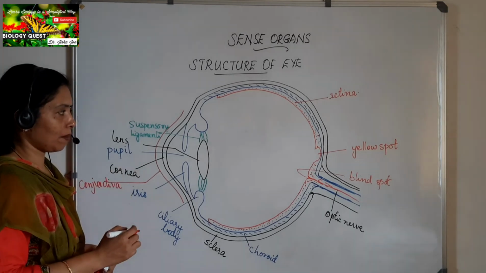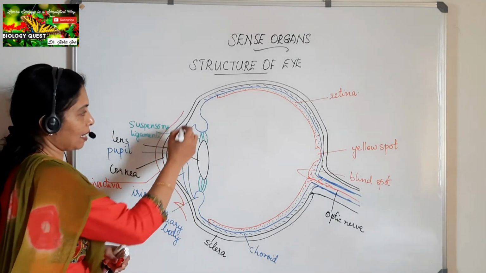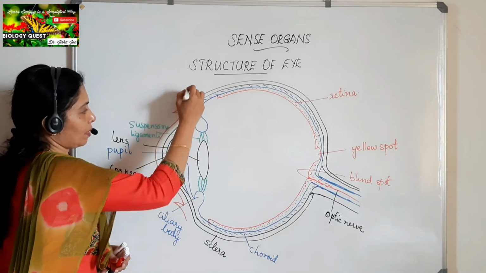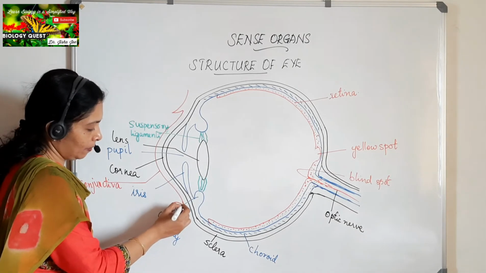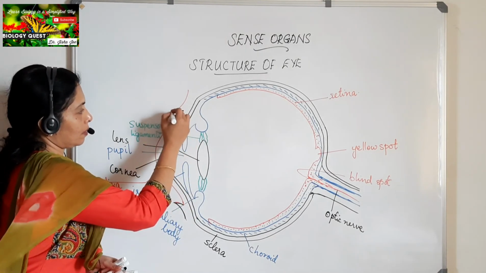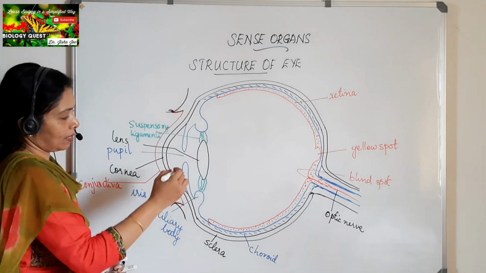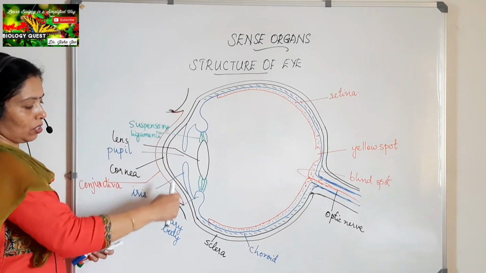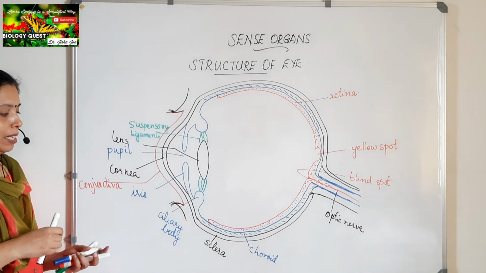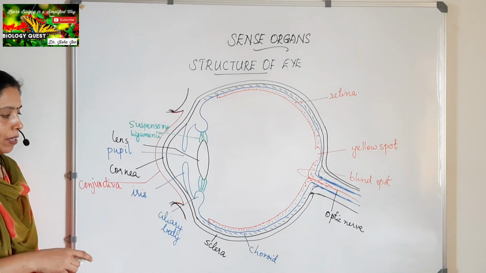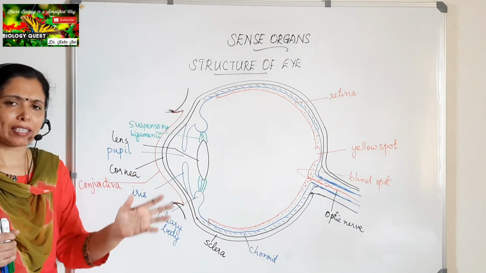Conjunctiva. Okay, it is a thin membrane, and the sides of the conjunctiva are continuous with the inner lining of the eyelid. That is the eyelid. Okay, so I'll just draw the eyelid in another color. That is the eyelid with the eyelashes, you can see. So you can see the ends of the conjunctiva are in continuation with the inner lining of the eyelids. Okay, the function of conjunctiva is again protection of the eye. It is a very thin transparent membrane.